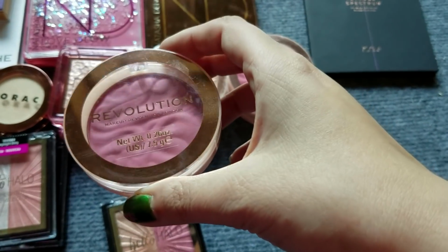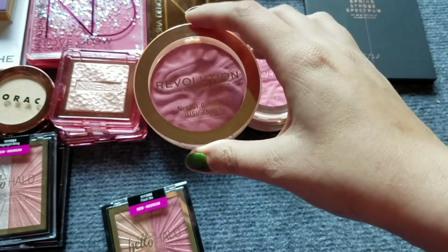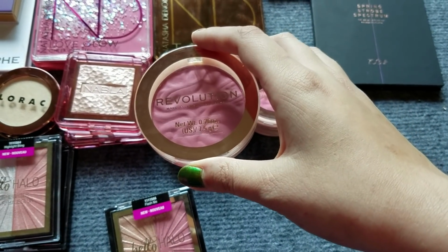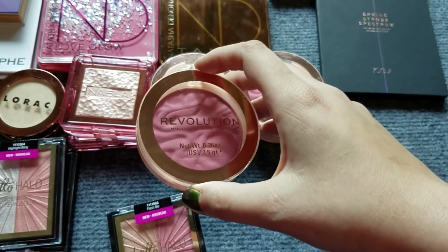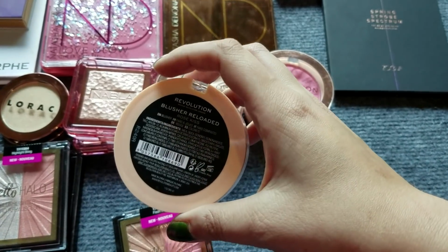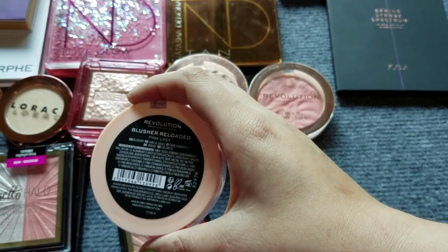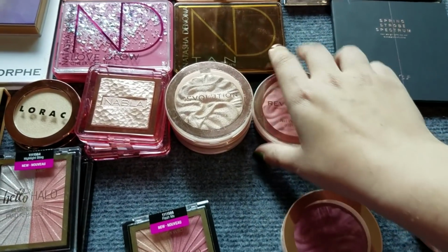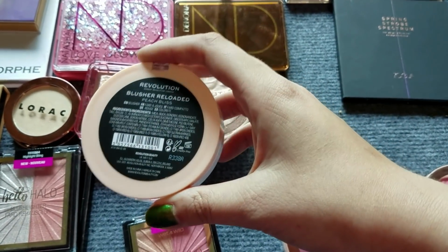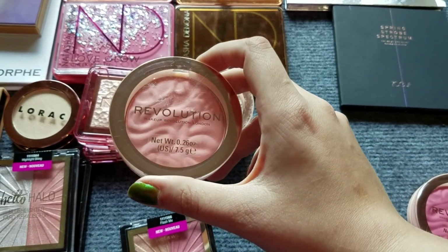But these are the Revolution Blusher Reloaded blushes. You will hear me talk about these in a haul follow-up. These were in my birthday haul. These are actually really nice. This one here is in Rose Kiss. This one here is Pink Lady. And then my favorite one was this one here in Peach Bliss, which was just this really nice, very pale,